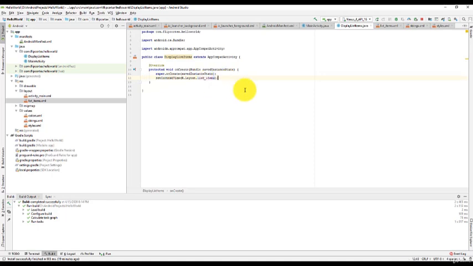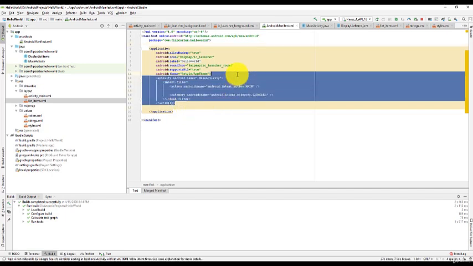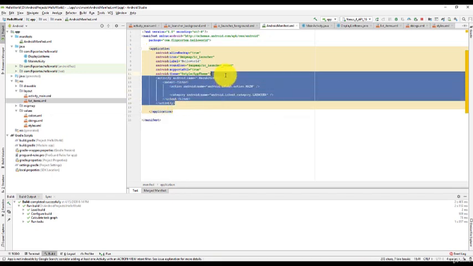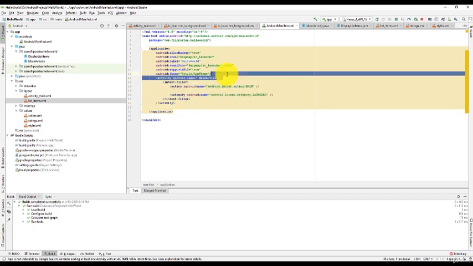One thing we need to do is define the set of activities in the manifest. In order to do this, we're going to go within the application tag. Within the application, we already have our main activity, and now we're going to copy another activity. We can just copy and paste the same one and rename it.